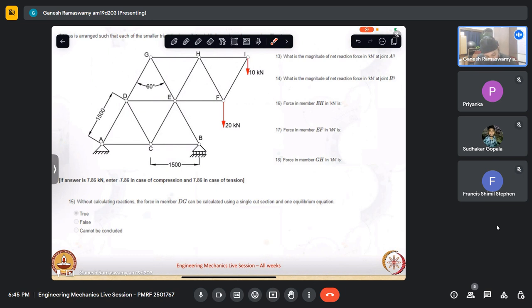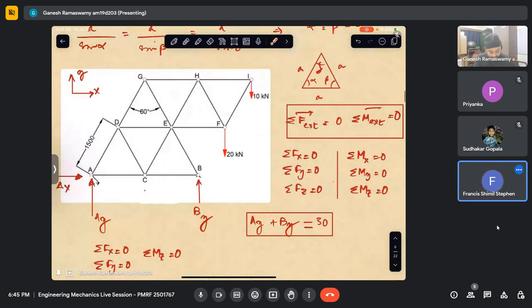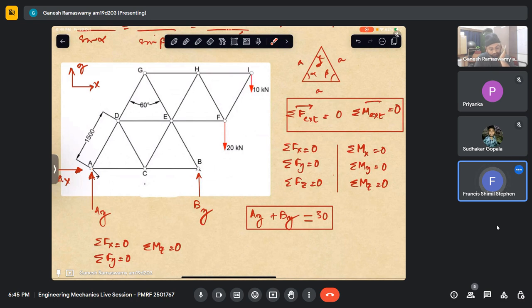So any questions? Yes. Yes. If this, I'm sorry, if this equilibrium equation is violated, satisfied. Okay. Yeah. Yes. No, stability, you have to check the arrangement. Statically determinate. Yeah. So